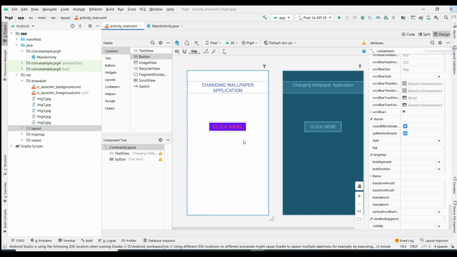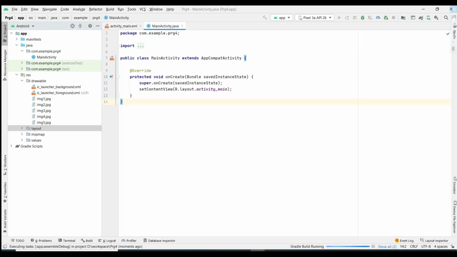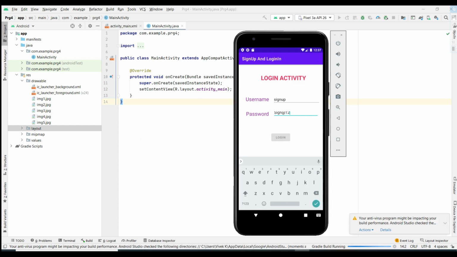So the design part is done. It is very simple. We have given the constraints also, so it is fixed in the activity area. It won't change after you run in your emulator also. If you want, you can run here, and I will show whether that is fixed in a proper space or not. Meanwhile we will go to MainActivity.java and start to code. By default you are going to get this much code when you create your application, right?